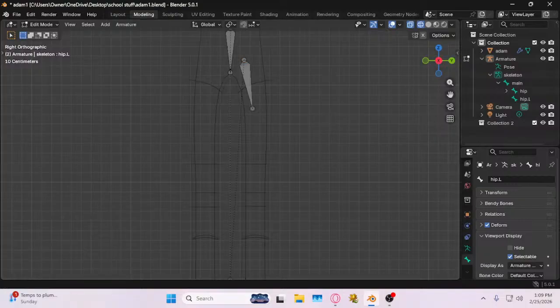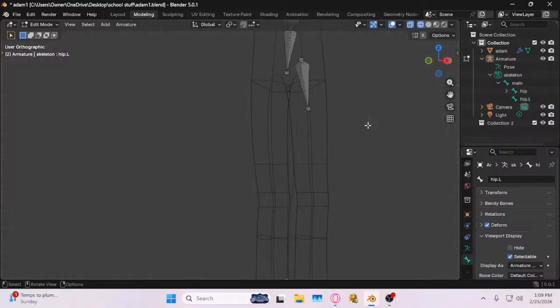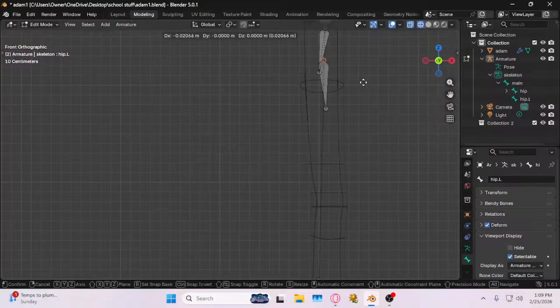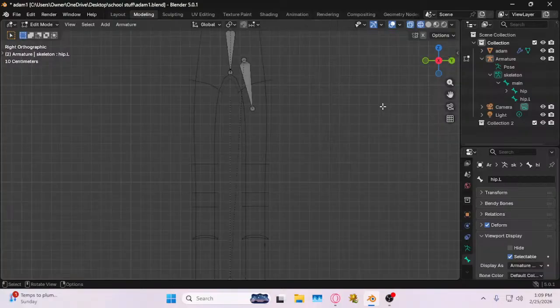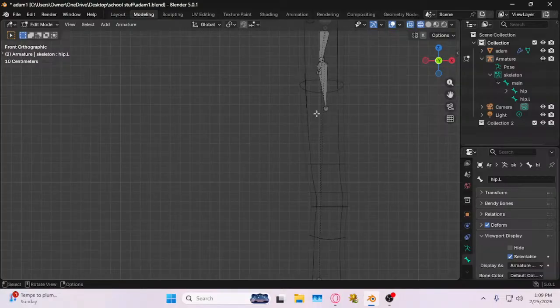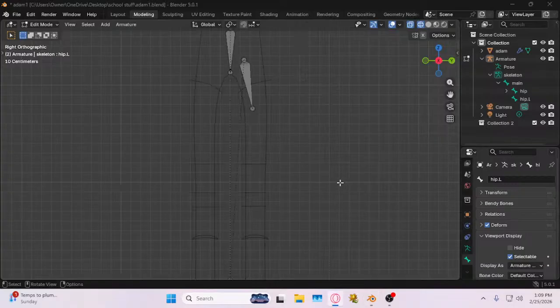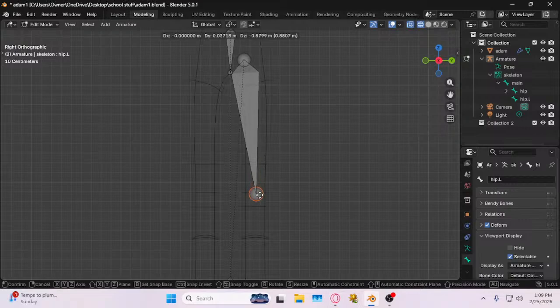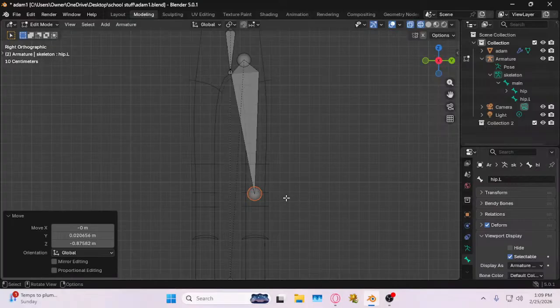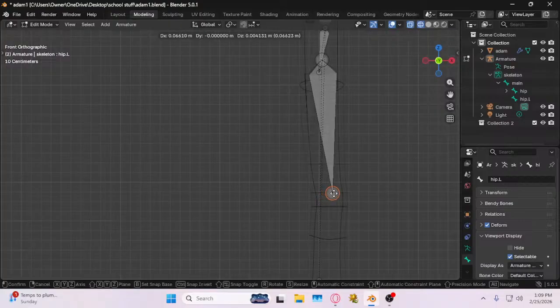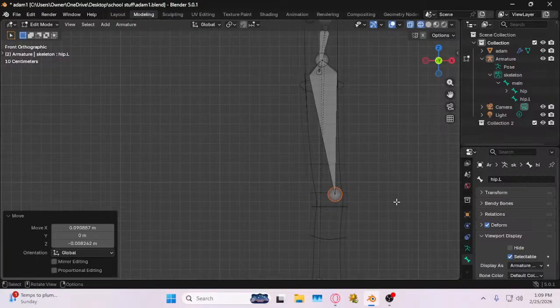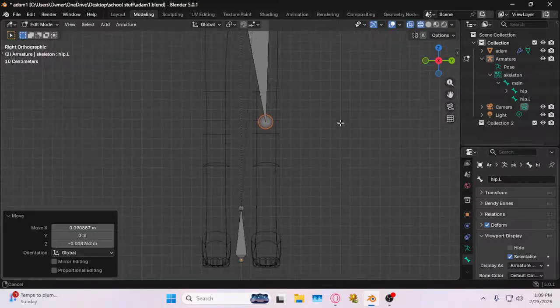Then we're going to select the bottom nub. We're going to bring it slightly closer to the middle. Alright, and I'm going to go G and bring that down to the knees. And then in the right orthographic view, I'm just going to bring it more forward. You don't want it more back or too much in the middle. You want it a little bit more forward, so there's kind of like a V, a little bit of a bend, a delta. Then you're going to go E and extrude that knob down to where the ankle is, and then go to your front view, and then go G and make sure to